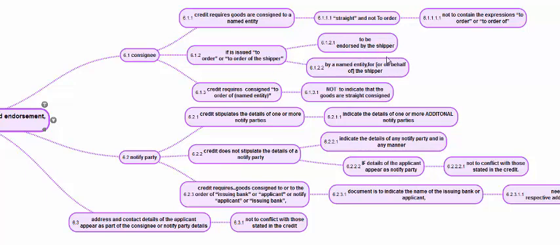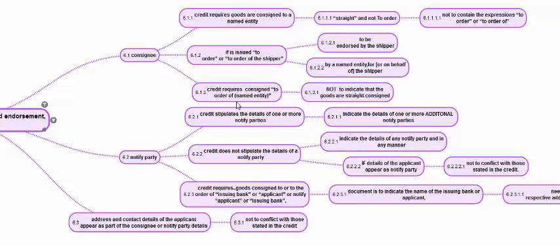So the beneficiary has to endorse it, or somebody on his behalf should endorse it, and that is why we say it has to be endorsed for and on behalf of the shipper when it is issued to order of the shipper. Why? To enable the goods or the title under the goods carried by the transport document to be passed on to the issuing bank and further to the applicant under the credit.